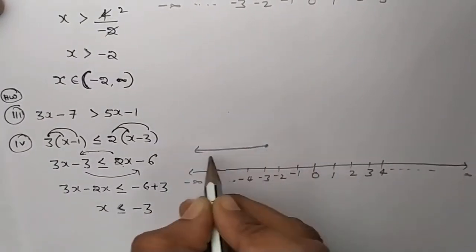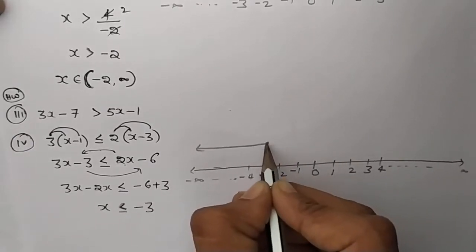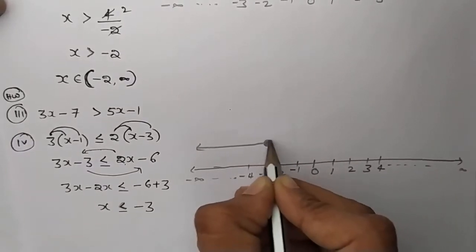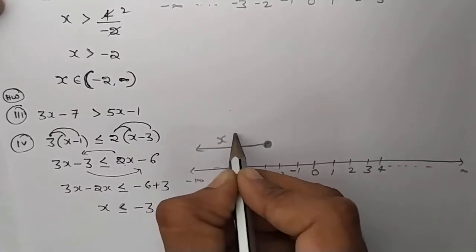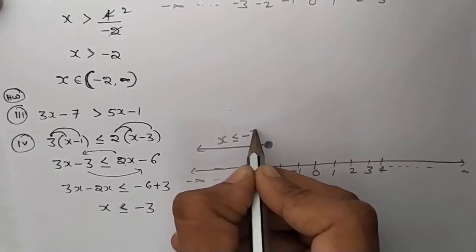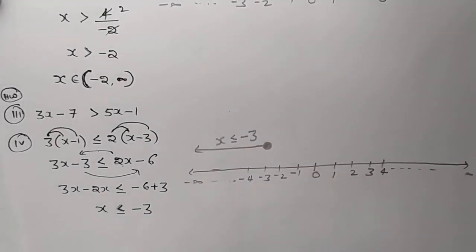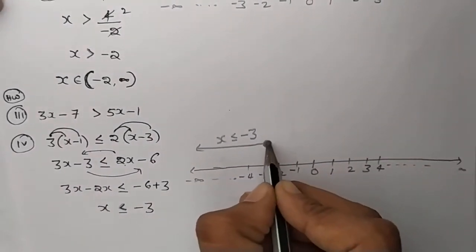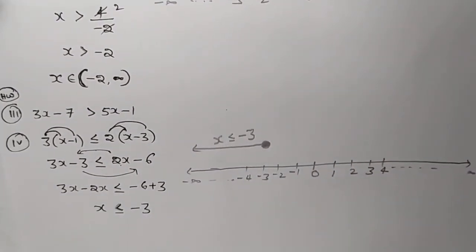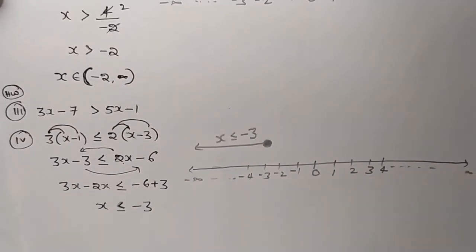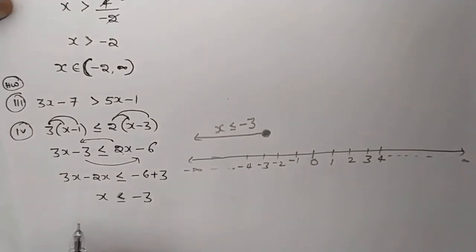Less than, you can take it to the left. Less than or equals is nothing but it is included. It is the solution set, the representation of a solution set on a number line. This symbol represents that it is included. You just see the symbols, then only you can understand what I am saying in this problem.